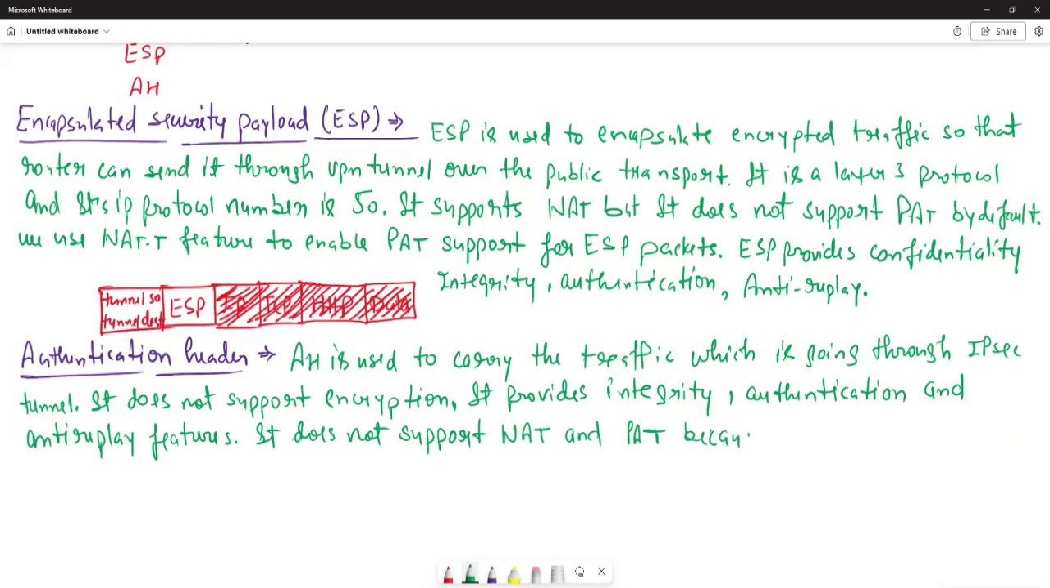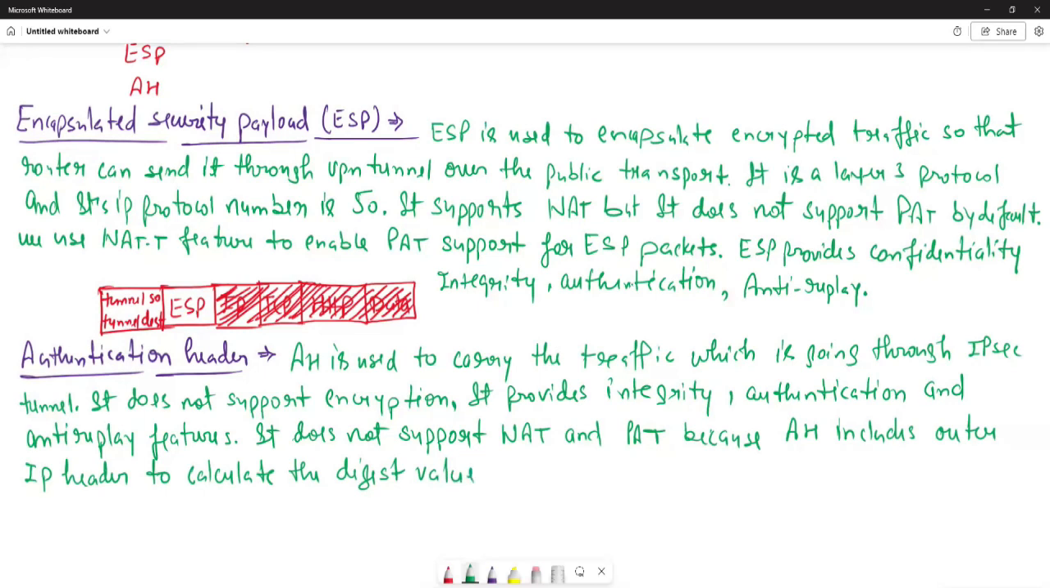Because AH includes the outer IP header to calculate the digest value. Okay, digest value. So if you are changing any IP address in the transit, अगर आप किसी भी नेट डिवाइस से या पैट डिवाइस से सोर्स आईपी को चेंज कर रहे हो, तो वो इंटीग्रिटी कॉम्प्रोमाइज होने के बराबर होगा,